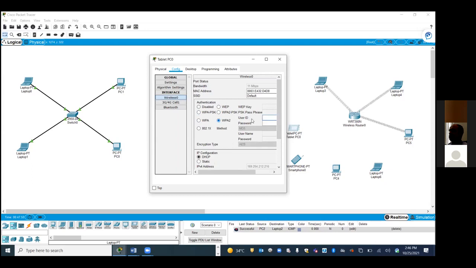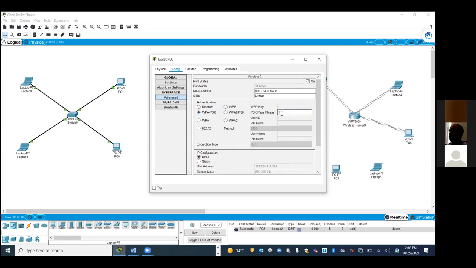WPA2-PSK, right? What is the password here? 1, 2, 3, 4, 5, 6, 7, 8.